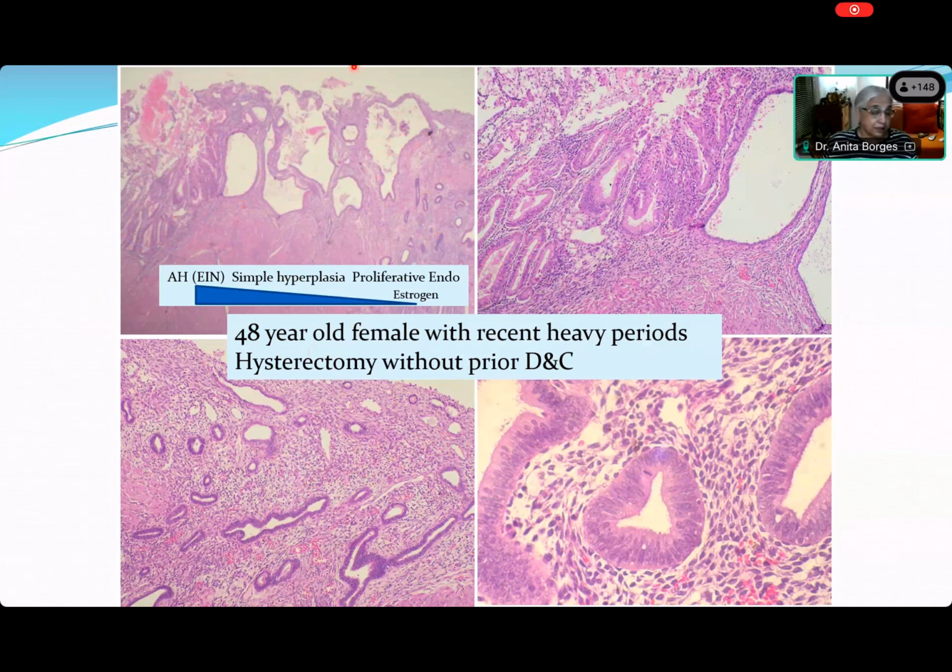You can see the way that this has happened in this one single endometrium. And I can ask you, and you'll have to think about it: how come in the same endometrium you can get three different pictures? It's the same amount of estrogen, right? So why is this showing you three different pictures in the same endometrium? Think about it, and we will discuss this later if we have the chance.